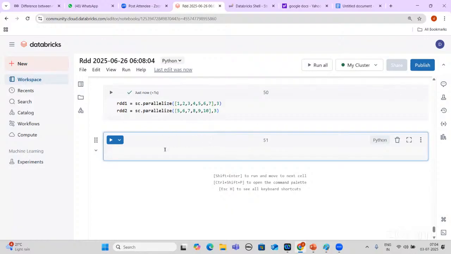Okay, so I'm just trying to do the union. What will it give you? RDD1.union, and inside that, whichever RDD you want to give, you need to give RDD2. Finally, just collect that.